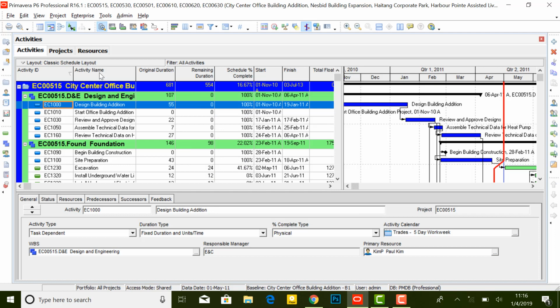This wraps up the main features of the P6 toolbars. We hope you will learn a lot from this video, and we recommend you spend a lot more time